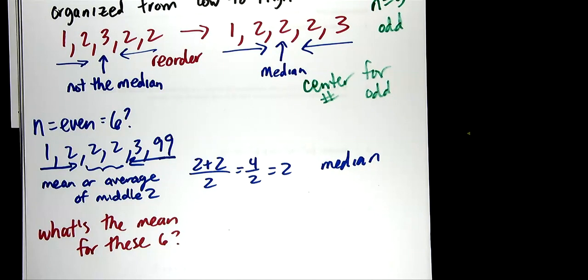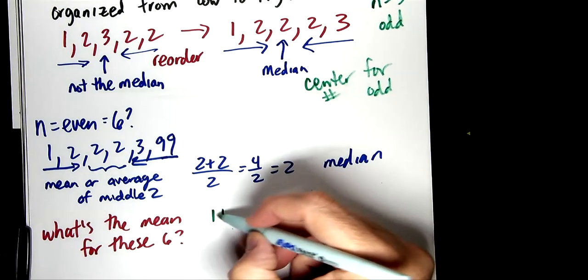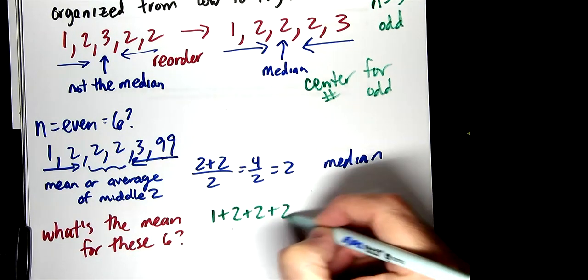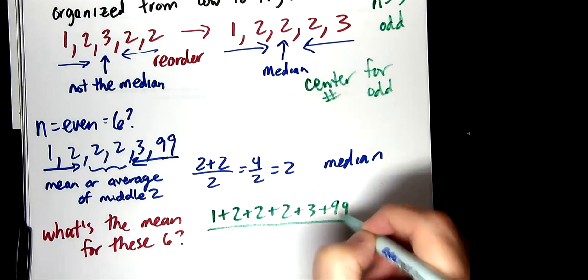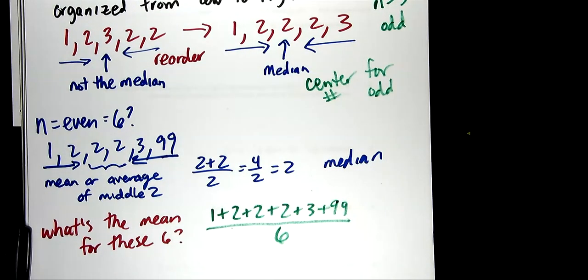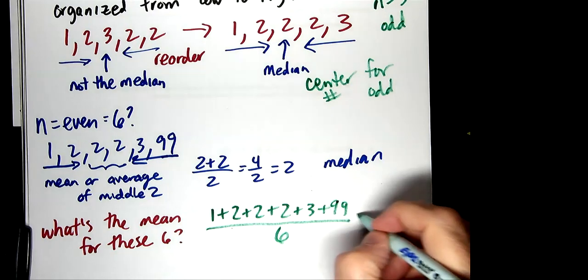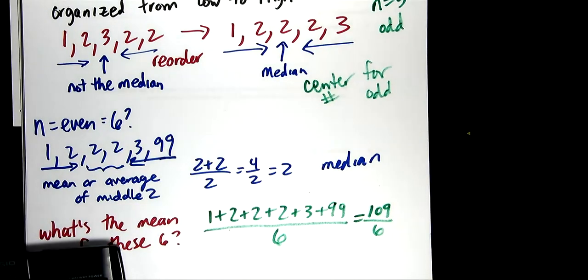So if you're calculating it out, you add them up and divide by the total number of entries, which is 6 now. I've got 6 and 3 is 9 plus 100 is 109 over 6. And when I do 109 divided by 6,